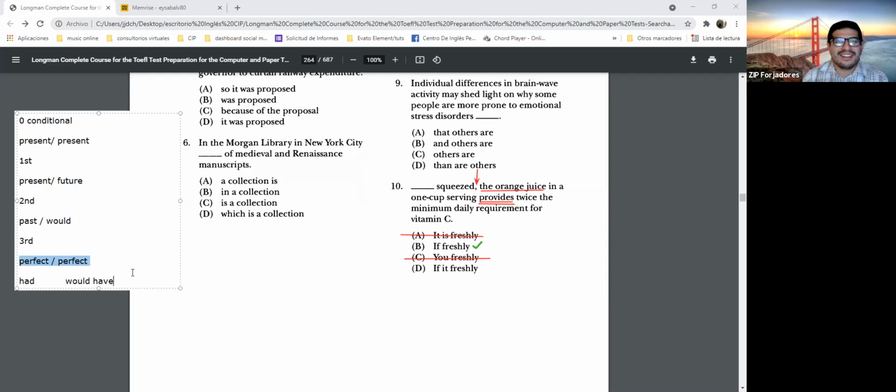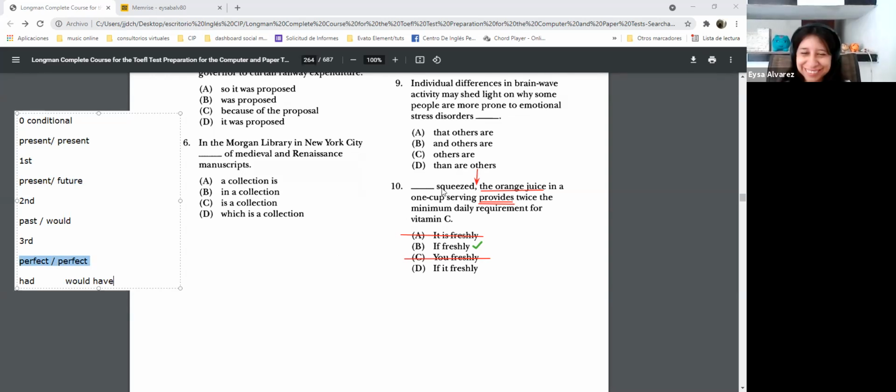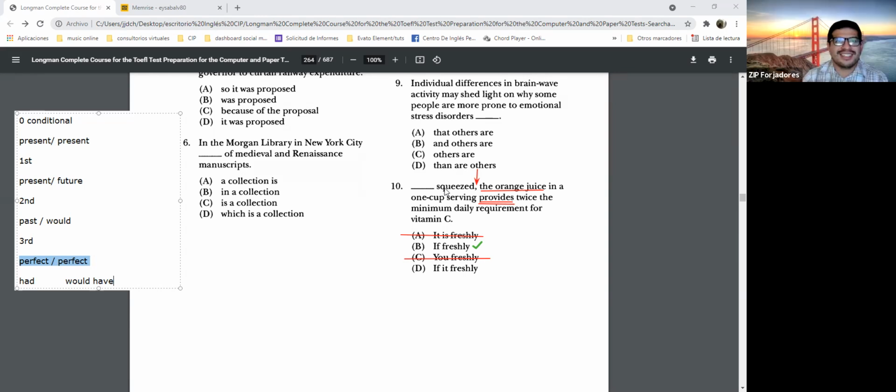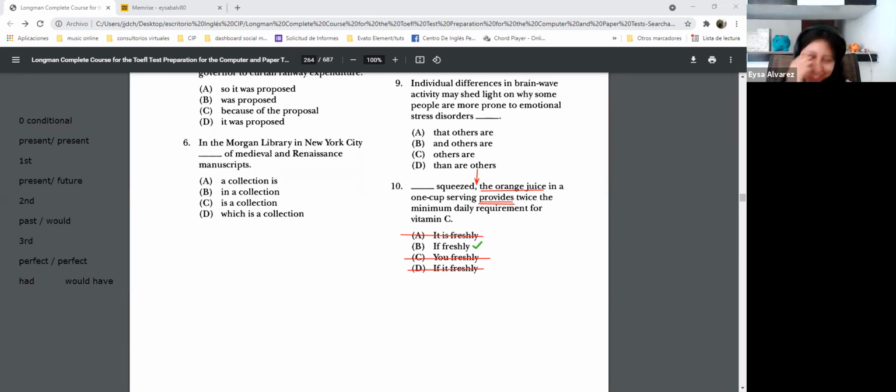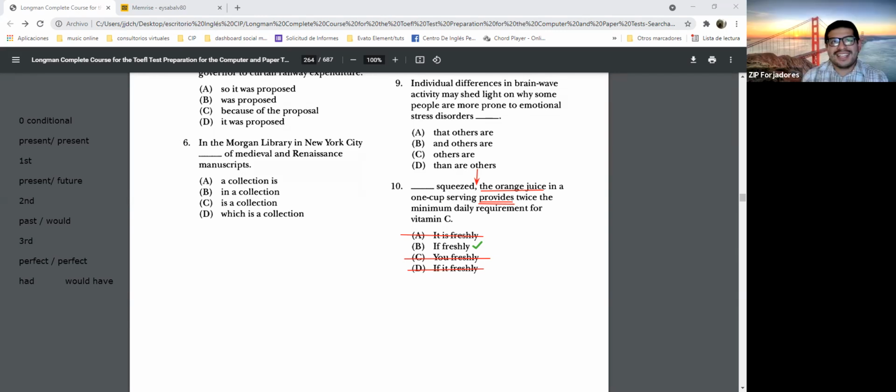Is the first one present or no? Present, present. Is quiz present? No, it's past. It's past, all right. So it cannot be letter D. But the action is in present, right or no? But that means that it is inverted. No, no, sorry. That means that it is reduced.